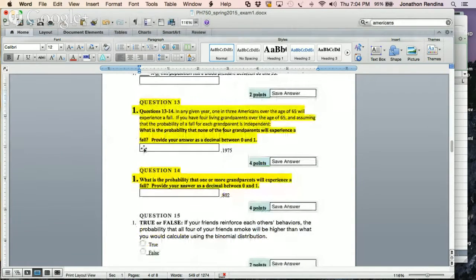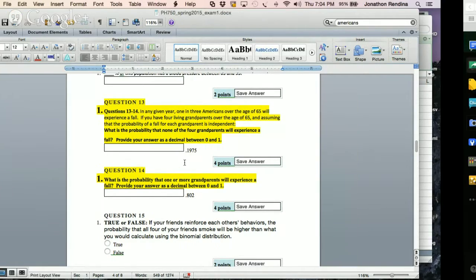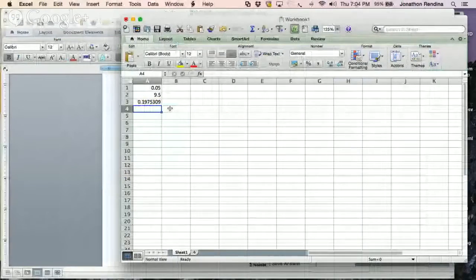Okay, now we want to know the probability that 1 or more grandparents will experience a fall. So we just calculated the probability that 0 grandparents out of 4 would experience a fall. Now it's asking us that 1 out of 4 grandparents will experience a fall. Now, if you think about this, it's actually asking you for the exact opposite probability. The probability that 1, 2, 3, or 4 grandparents will experience a fall out of 4,